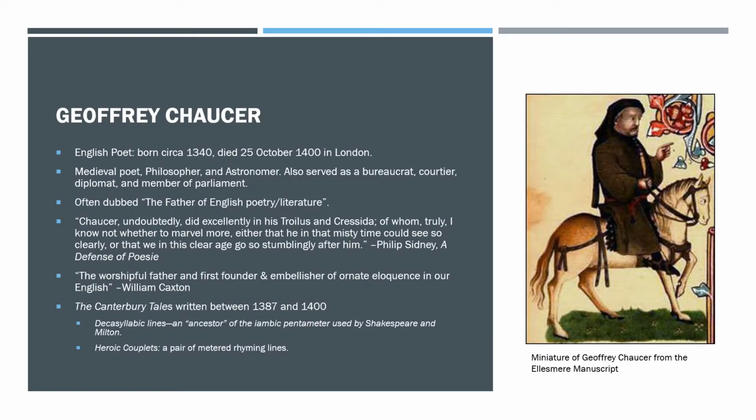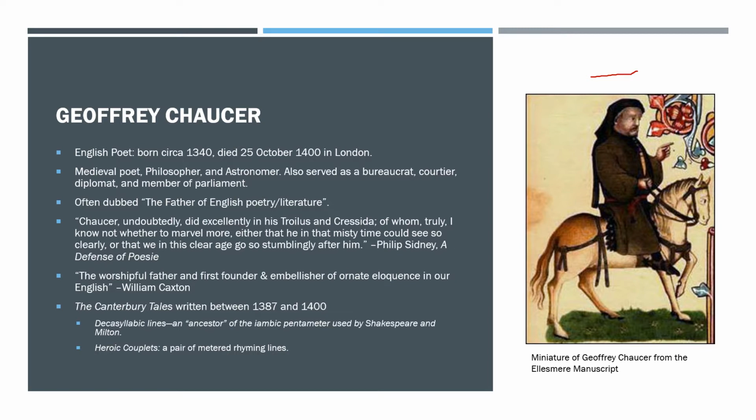Okay, so I want to start off by giving you all a little bit of information on Geoffrey Chaucer himself. I've included over here an image of Chaucer. This is from the Ellesmere manuscript, which is one of roughly 80 surviving manuscripts that contain the Canterbury Tales. Now, a lot of these are in pretty rough condition. As you can imagine, a 600-year-old book is going to generally be in fairly rough condition, but the Ellesmere manuscript is absolutely in beautiful condition, right? And it contains these really great drawings in the margins.